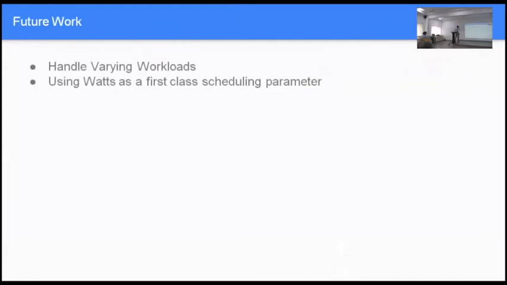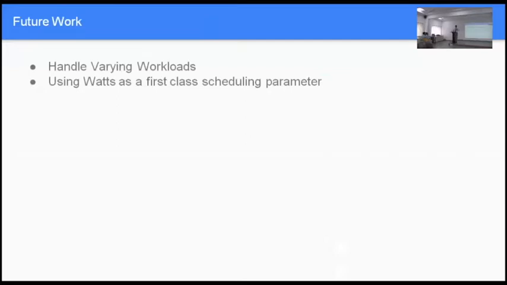Now, I want to show this research to say, what are we doing? We take Apache Mesos, open source technology that has so much traction in the industry. And we say that, well, they're working with just the amount of processing cores, amount of memory and disk IO. Our goal is to say we have all these results in research, and then we want to let you schedule. So we want to add code back to the open source community and say, well, we're going to add one more parameter, and that is watts.